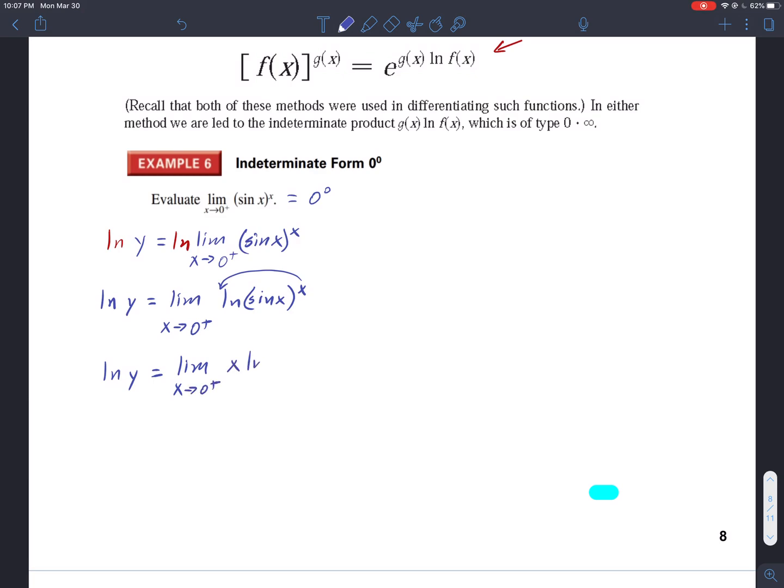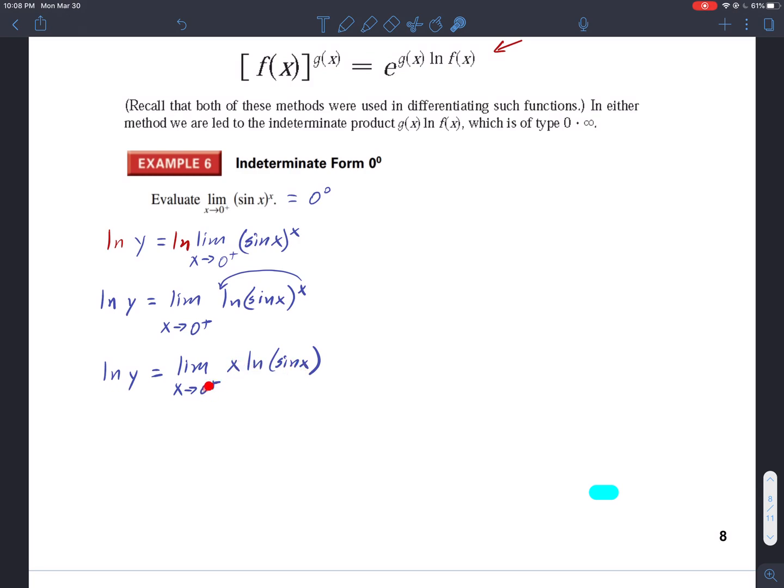So I've got x times ln of sine x. Now, if x approaches 0, I have 0 times the natural log of